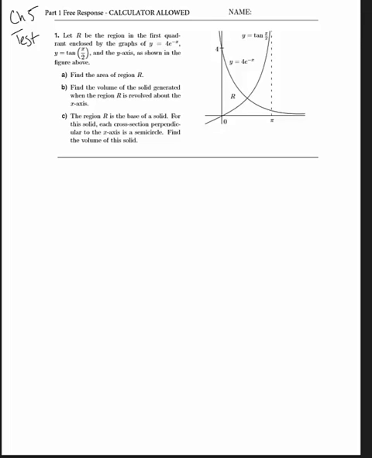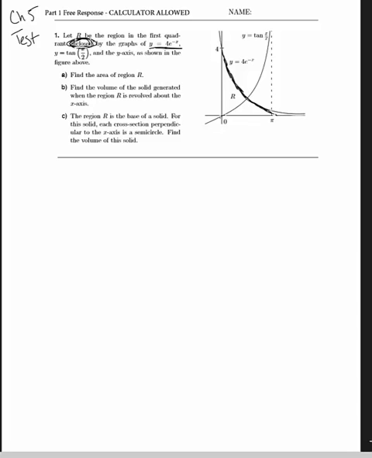Alright guys, so this is the free response question on the Chapter 5 test. And again, a couple of you got a little confused with what this R was. Some people thought it was this whole section here. But when we read the question, it says, let R be the region in the first quadrant enclosed. Remember that the word enclosed means it's closed off, sectioned off by everything that comes after. So it's what's coming in between y equals 4e to the negative x, this graph here,